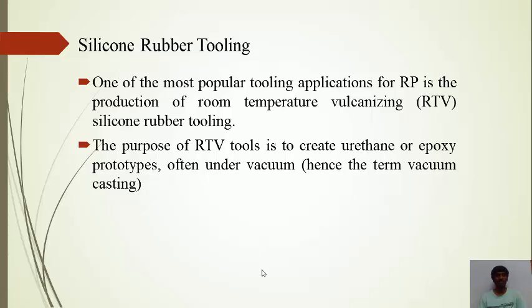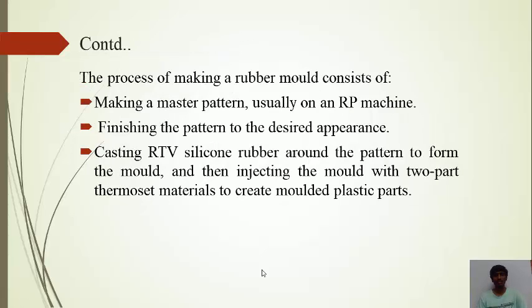First we have to manufacture a pattern using our rapid prototyping technology, as additive manufacturing does help us. After preparing this pattern, we are able to manufacture a mold, as we are going to see this process in coming slides. This is the process of making the rubber mold. It consists of making a master pattern using an RP machine. That is, depending upon the CAD model and our component, we will develop a design of our product, and then using this RP, that is rapid prototyping machinery, that is 3D printing, we will manufacture this master pattern.